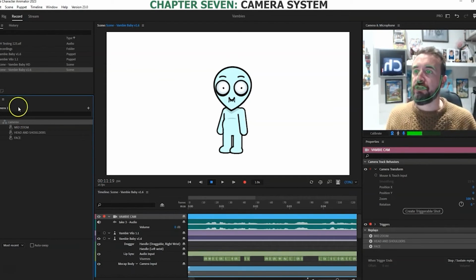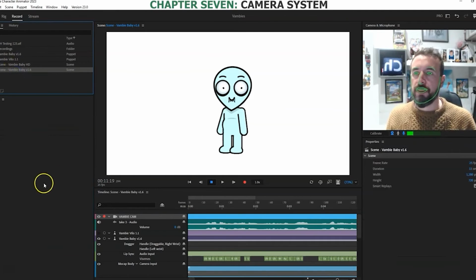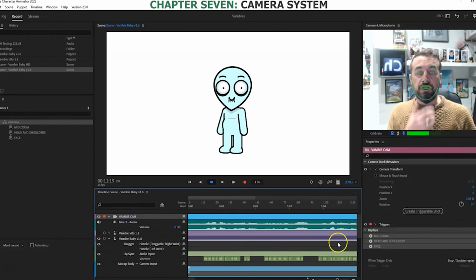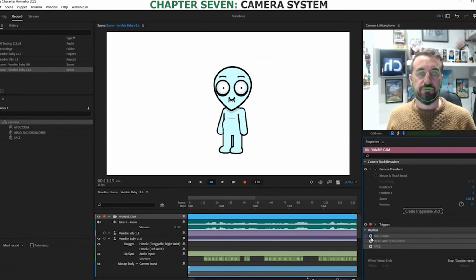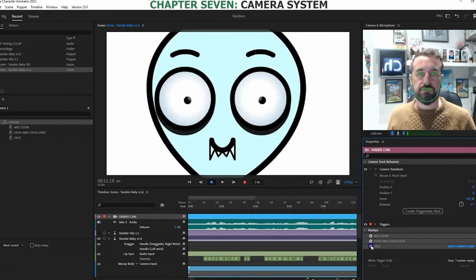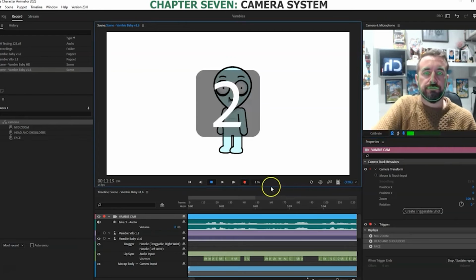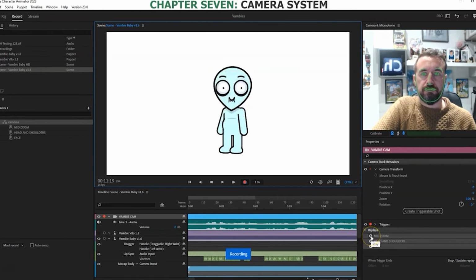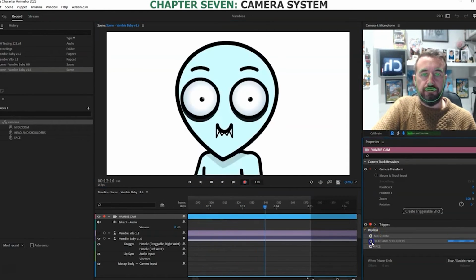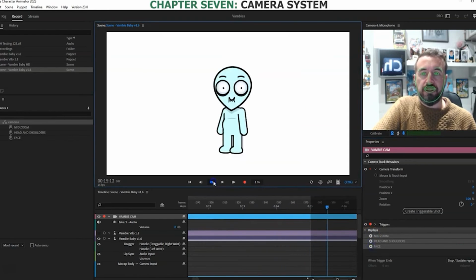Right, so a couple of things to mention here. First of all, if I just press this, it'll just have a hard cut. So, a bit like with the swap set, I'll show you a way of being able to do this a bit quicker. So if we press record, and we do that,